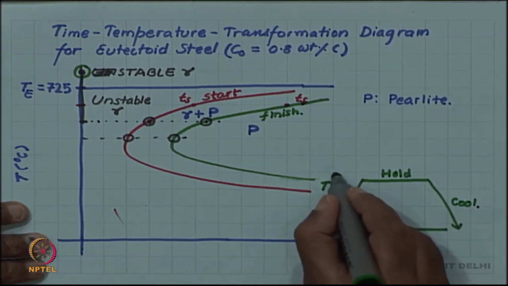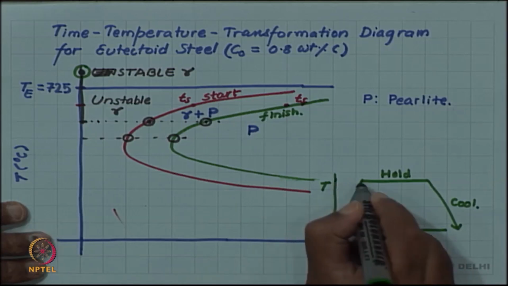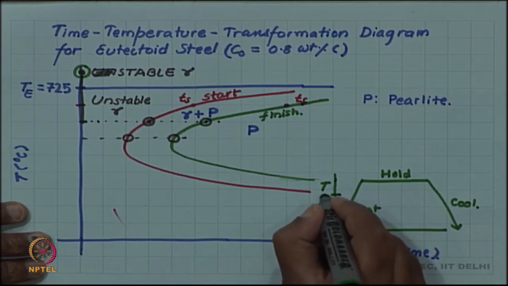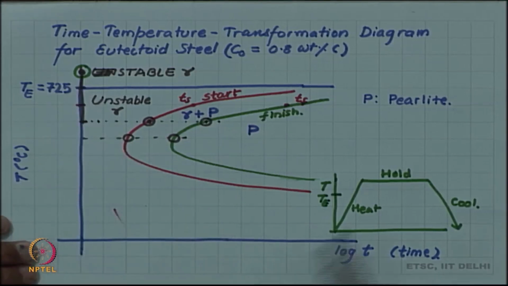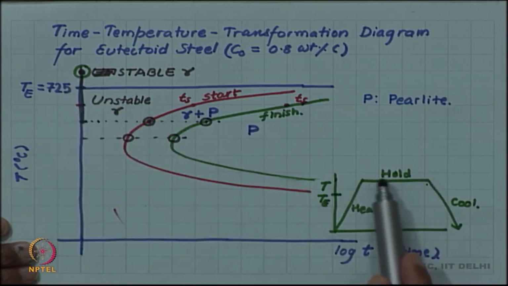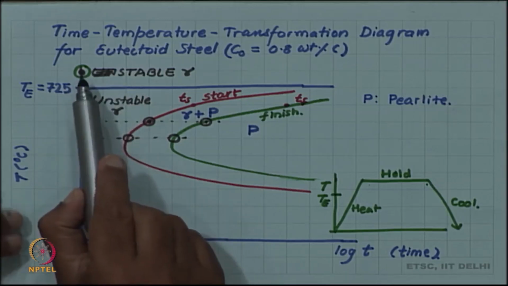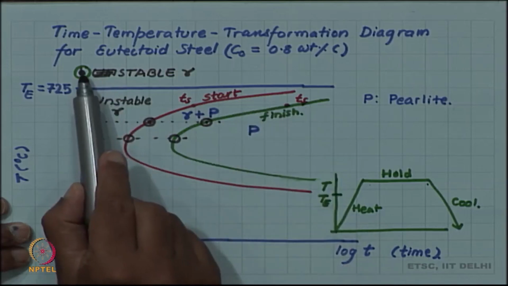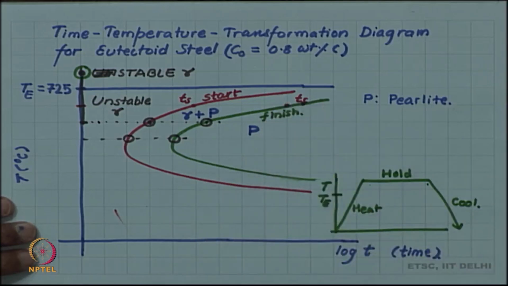So, this heating, I did not mention it in the previous video, this heating for eutectoid steel, if you want to do a heat treatment, has to be above the eutectoid temperature, because you want to have your starting phase as austenite. So, you have to hold it at a temperature above the eutectoid temperature, such that austenite is a stable phase, and hold it for sufficient time that you have 100% austenite. Then this austenite can be cooled, as we saw in the previous video, that this austenite, if it is cooled in the furnace, if the furnace is switched off, it will be cooled very, very slowly, and then it will form